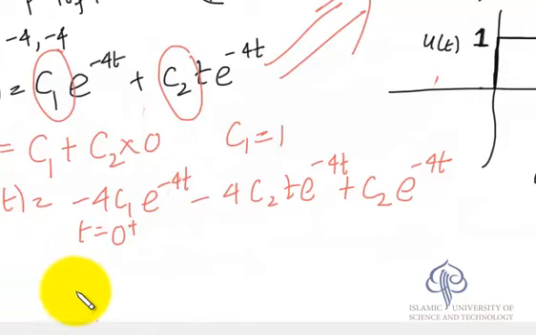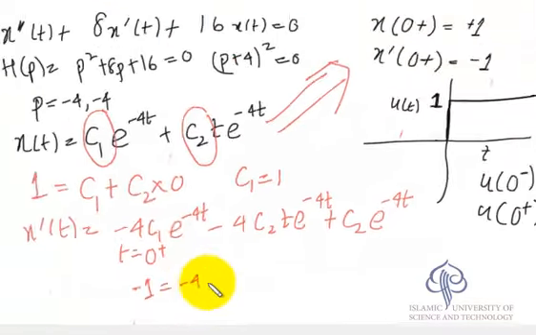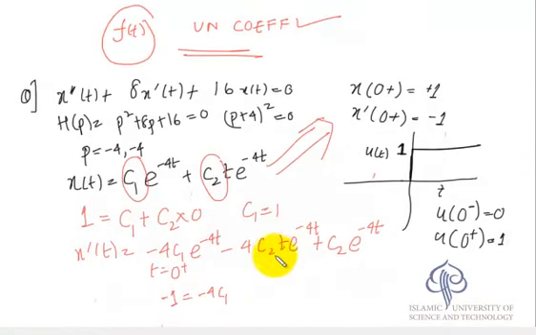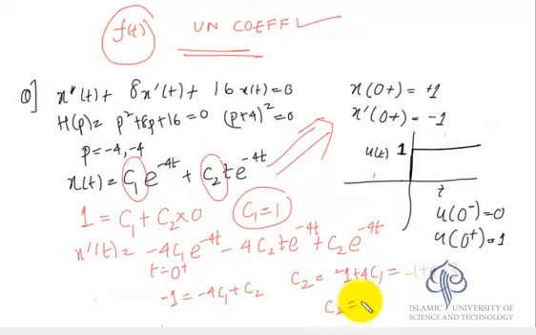So on the left hand side you have x dash (0+), which is minus 1, and on the right hand side you have minus 4c1. The c2 t term is going to be 0 because there's a t there, plus c2. c1 is already 1, so c2 will be minus 1 plus 4c1, that is minus 1 plus 4, that is 3. So c2 is 3. So the solution is